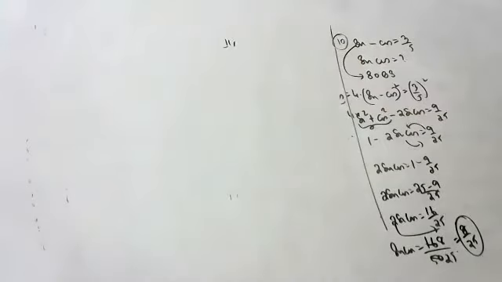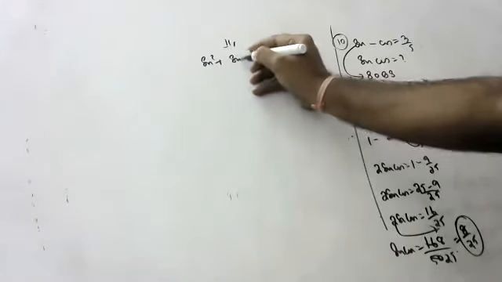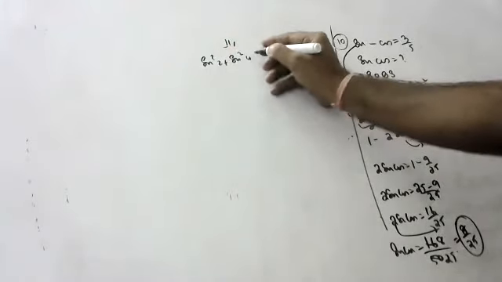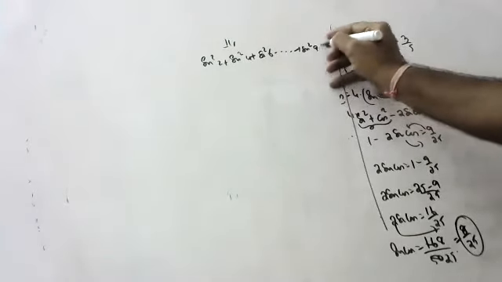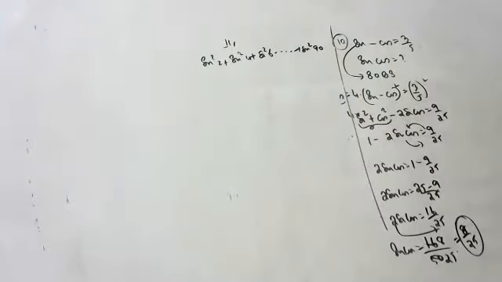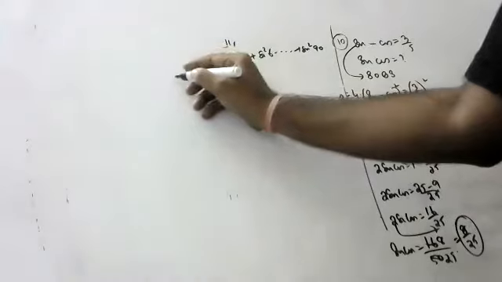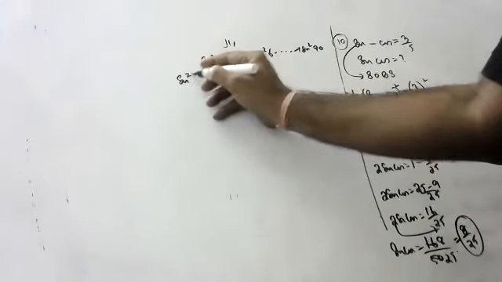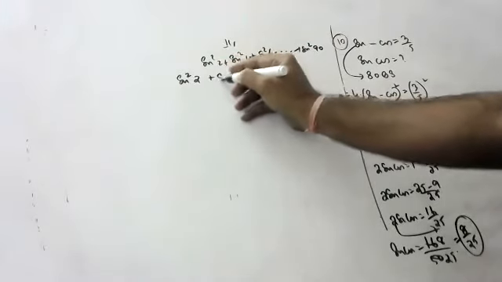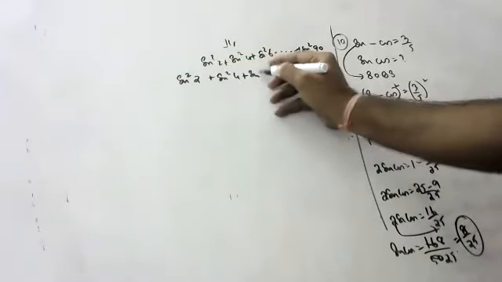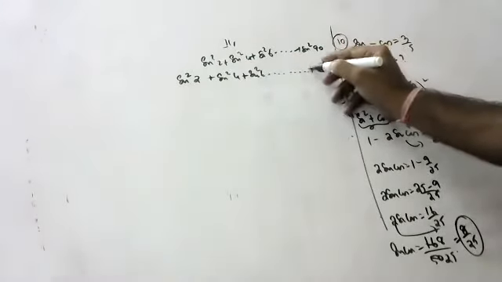11th question. The 11th question is like this, children. Sin square 2 plus sin square 4 plus sin square 6 up to sin square 90. What is the answer? This is the question. Okay, children, please see here. This is sin square 2, this is sin square 4, this is sin square 6. From the last I am showing, children, try to understand. Sin square 90, sin square 90 only, no problem, children.